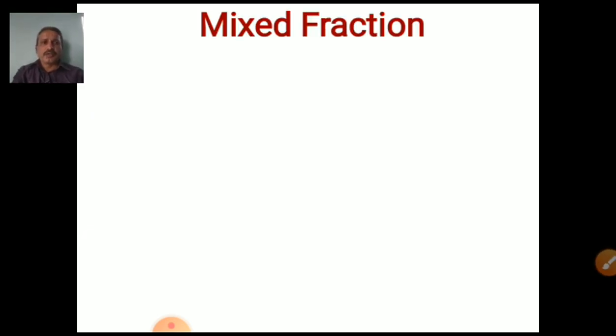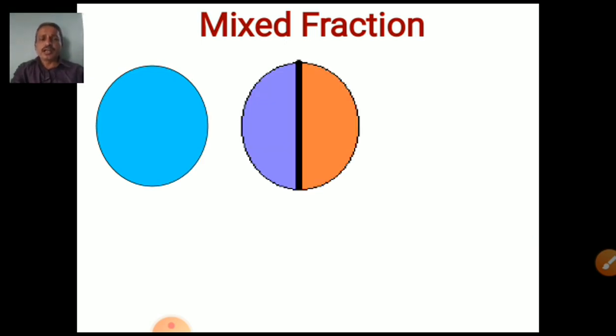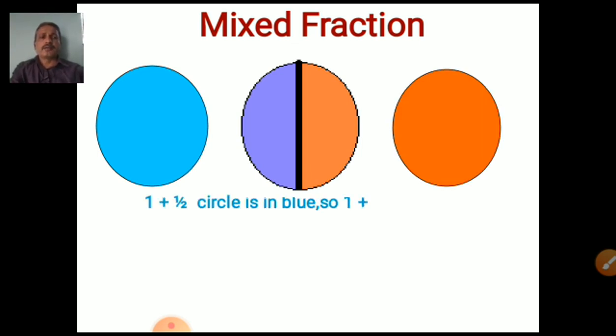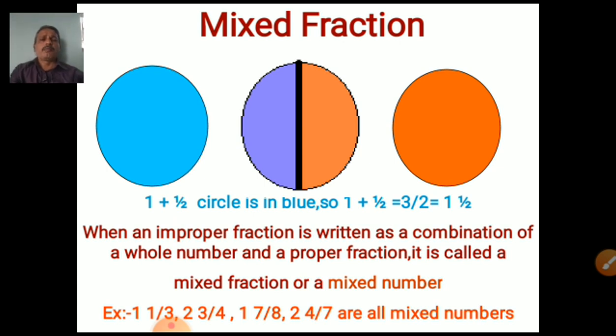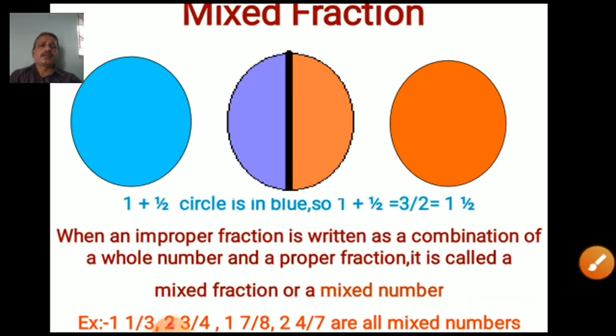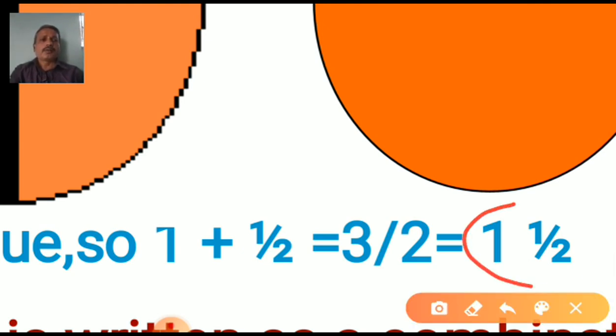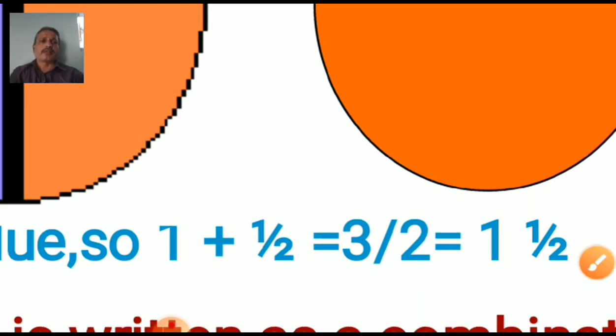Mixed fractions. In the same way, mixed means integer and proper fraction, a combination of integer and proper fraction. See, in the last example we also discussed the colored part, 1 full and 1 half. So we can say 1 and 1 upon 2. This is called a mixed number. Can you see here, student? This is called a mixed fraction. Or we can divide the improper fraction to get the proper fraction. Improper fractions are converted into the mixed number 1 and 1 upon 2. Understood, student? Okay, let's see.